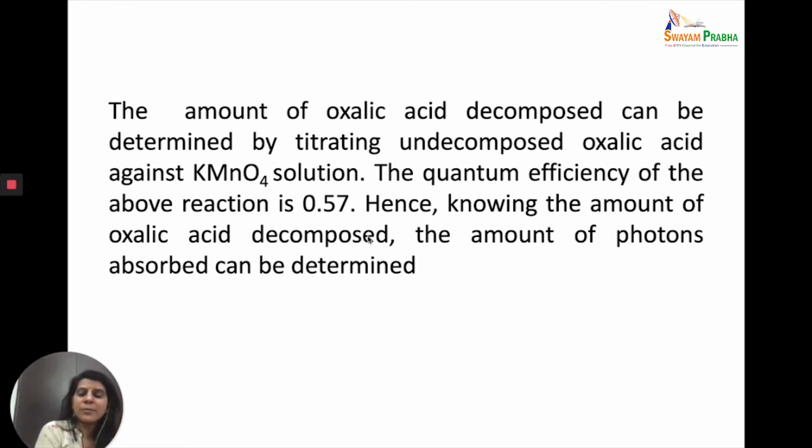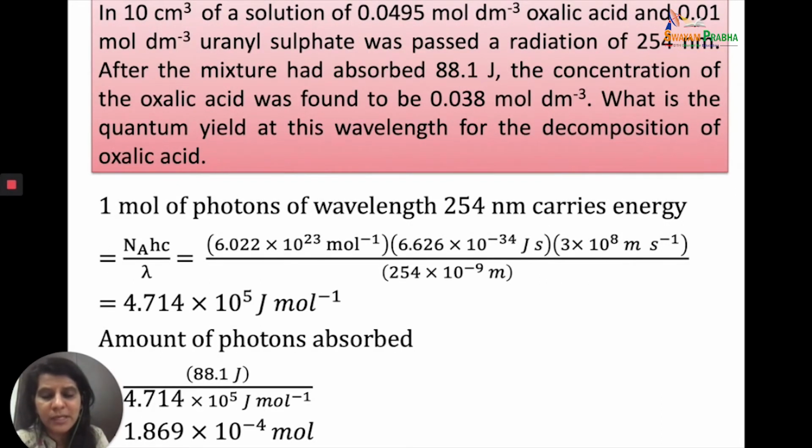So if you know the amount of oxalic acid that is decomposed, you will also know the amount of photons that have been absorbed by the system. To understand this better, let's take a look at this numerical, which will give us a better understanding of how a chemical actinometer works. So in this reaction, 10 centimeter cube of a solution of 0.0495 mole per decimeter cube of